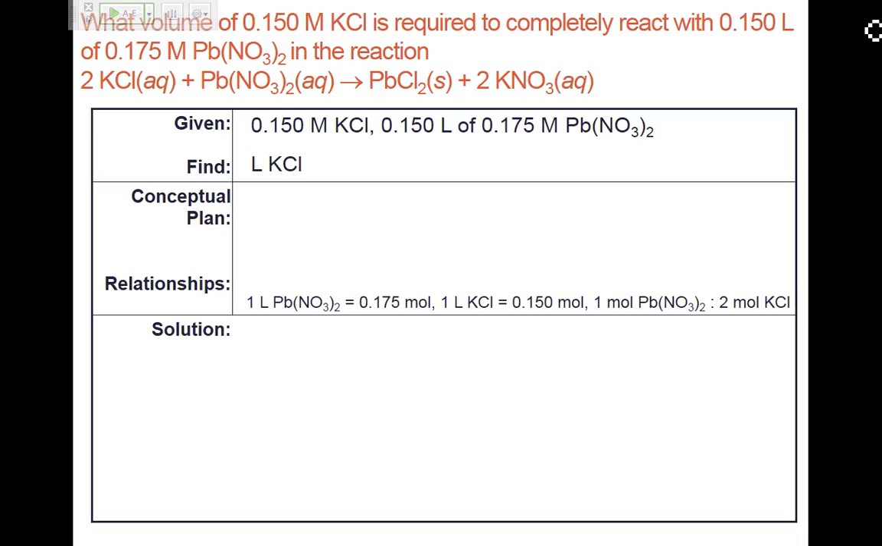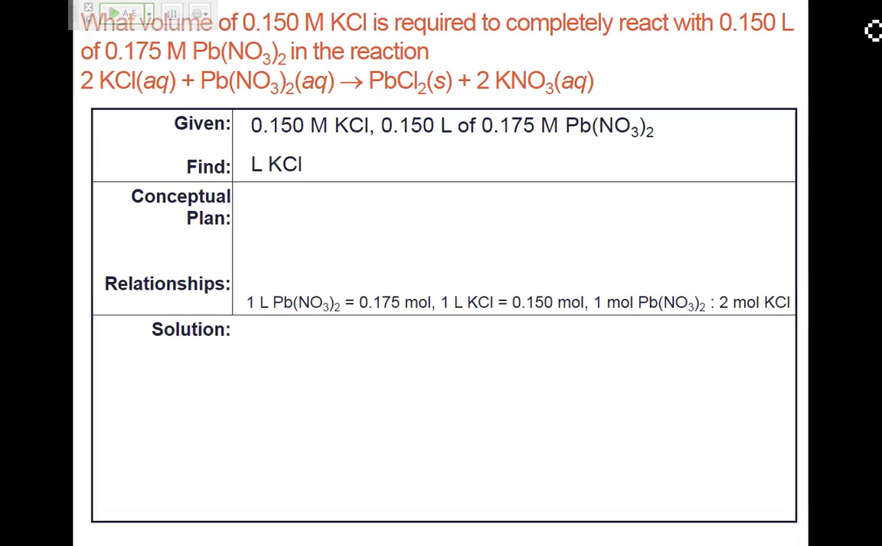And then I also know, based on my reaction, that I need 1 mole of Pb(NO3)2 for every 2 moles of KCl. And that tells me that based on this balanced equation. And again, always make sure your equation is balanced, but it is in this case. So those are my relationships. I don't need to convert to mass at all, because remember, I'm using the mole relationship based on the stoichiometry of my reaction. So my conceptual plan,